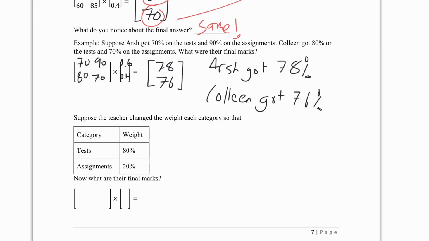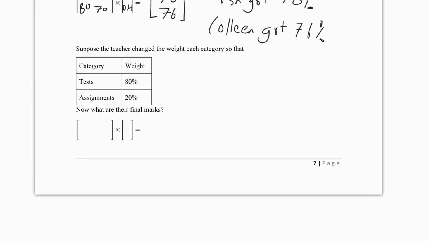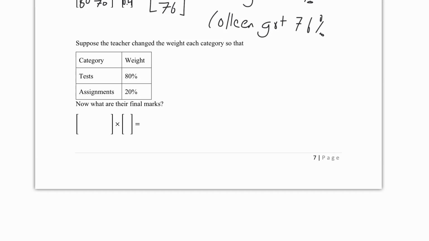Now let's suppose the teacher changed the weighting. Let's suppose the teacher said, you know what, those assignments were too easy, everyone was doing too good on those. I'm going to make the test worth 80% and the assignments worth 20. Could we figure out their final marks now? Well, of course. The first matrix will stay the same, 70 and 90. And then the next part will be 80 and 70. But the second matrix changes. It becomes 0.8 and 0.2. So I'll give you a second to work that out on a calculator. So you should be getting 74 and 78,